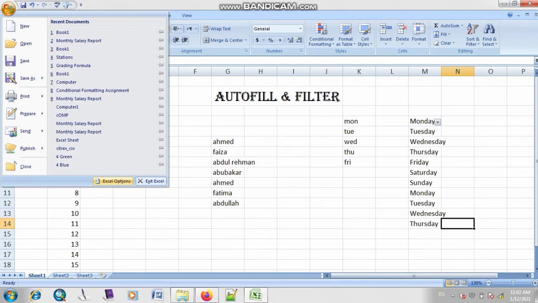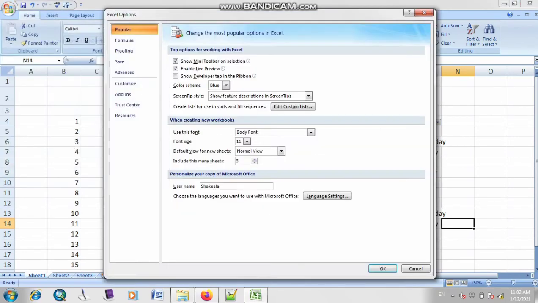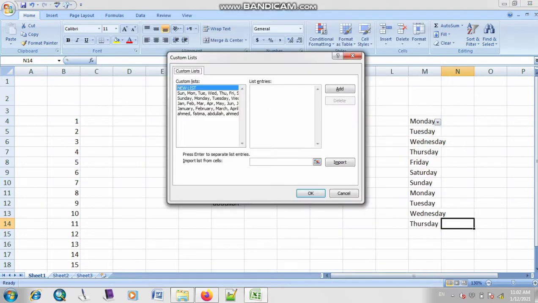Right, click on this option of Excel options, and here you just have to click on the option of... is it that I have to click on this option of formulas? Yes or no? No, I have to click on this option of edit custom list. Right, now as you can see there are some lists of Jan, Feb, March, April, the short names of the months of the year and the full names. So let me insert this list, JAN, January and February to December.